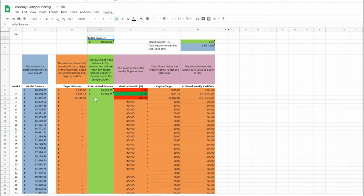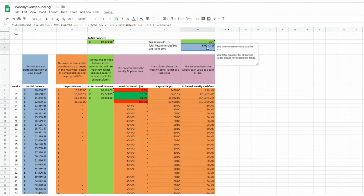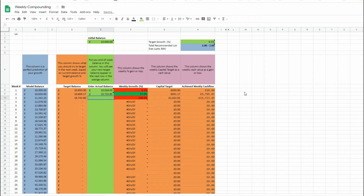So if I start at 15.7K and on Monday go to 30,000, that doesn't mean I'm going to be increasing my lot size to this. I'm not going to be increasing my lot size whatsoever. I'm going to wait for next Monday, because so much can happen in a week and we want consistency and we do not want craziness. But hey, on the bright side, if I focus on my 6.5%, which is very doable as you see here,